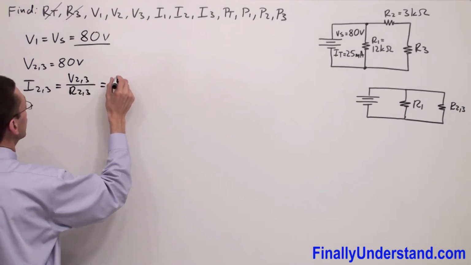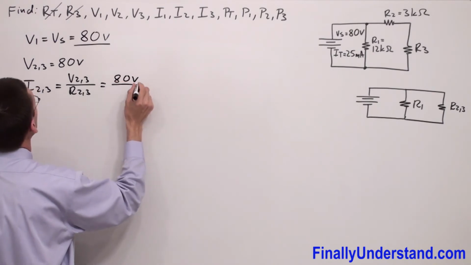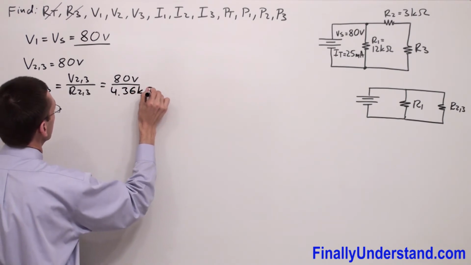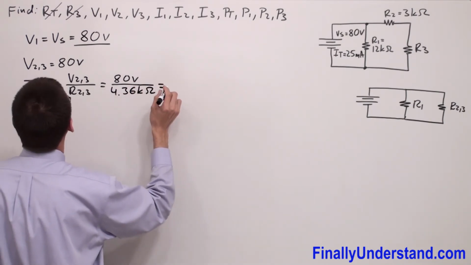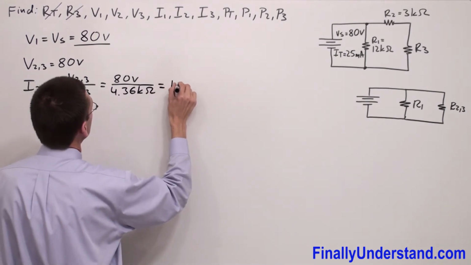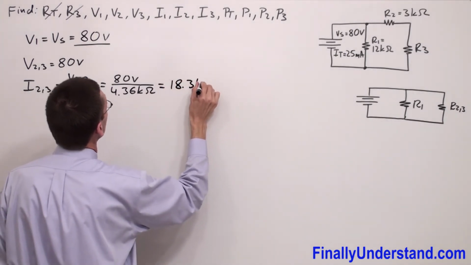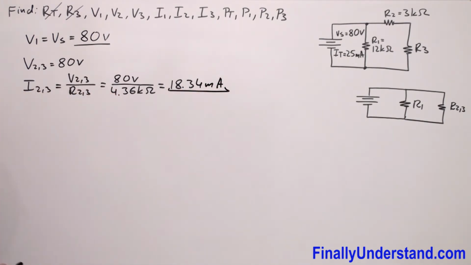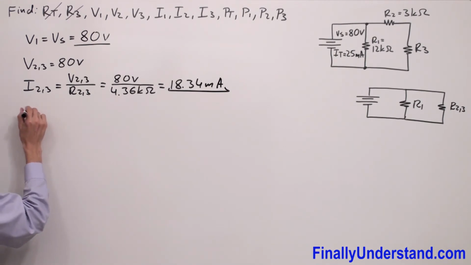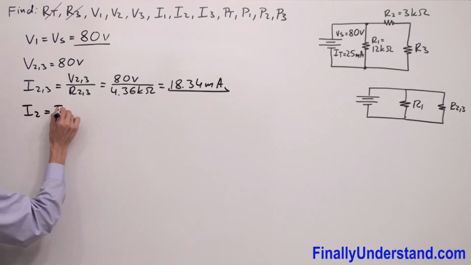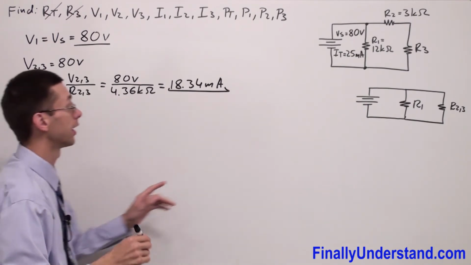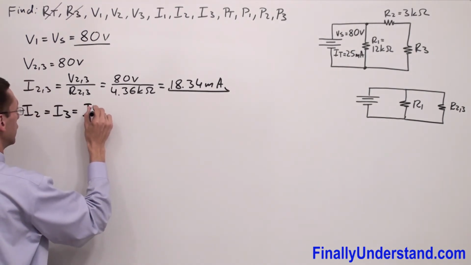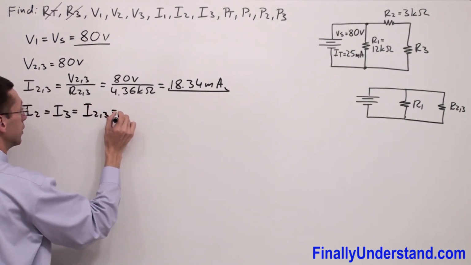V23 is equal to 80 volts, as we said, over R23, 4.36 kiloohms. This is equal to 18.34 milliamps. Okay, so it means that I2 is equal to I3 because these two resistors are in series. Okay, and this is equal to I23, which is equal to